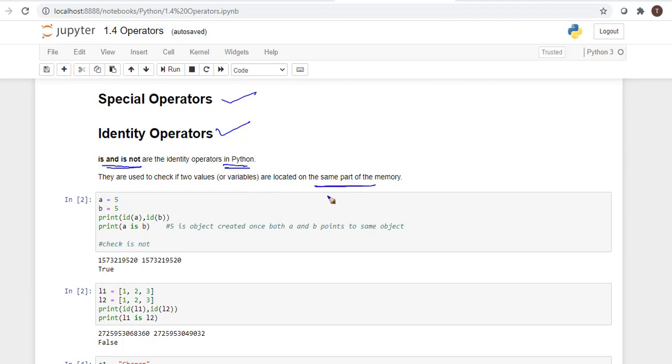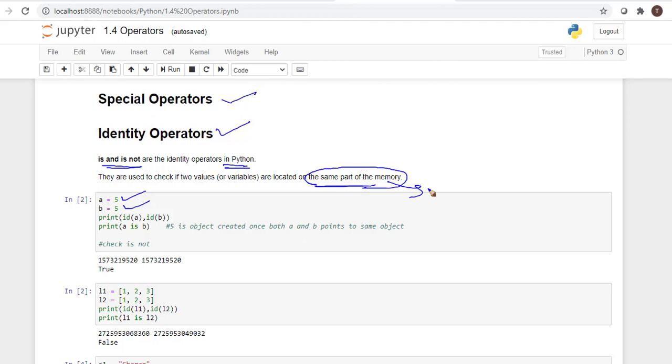If two variables are using the same part of memory, both are identical. Here we are not only checking the value. If they are in the same part of memory, they are identical, otherwise